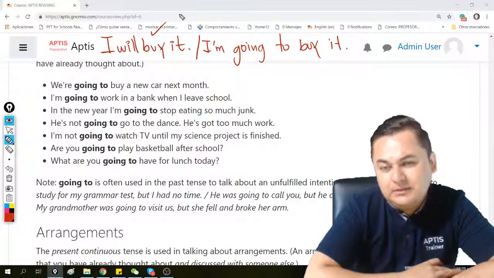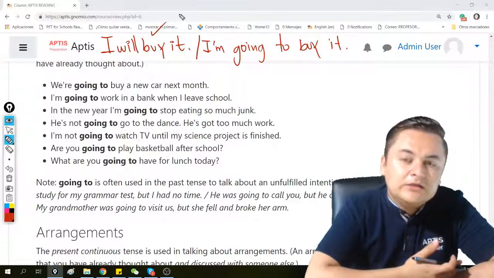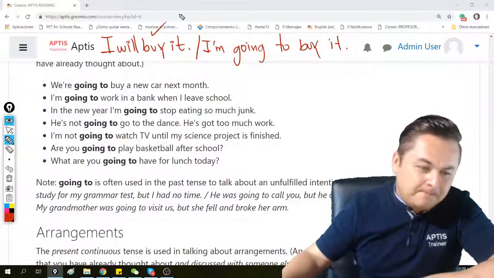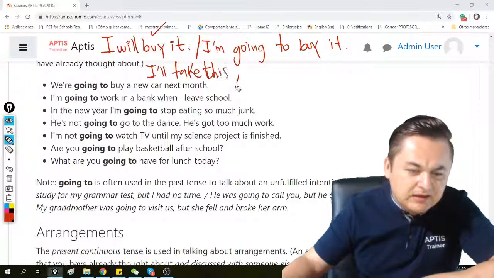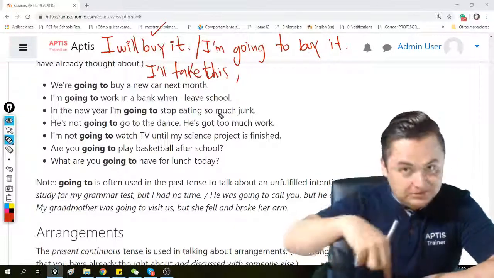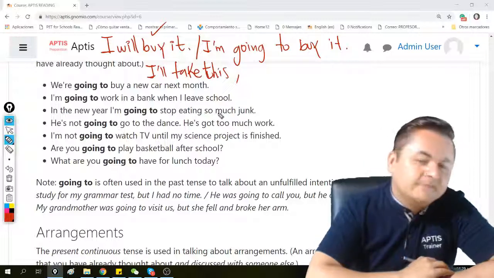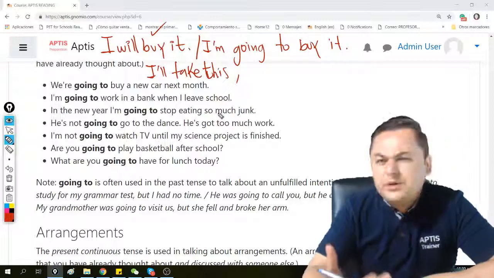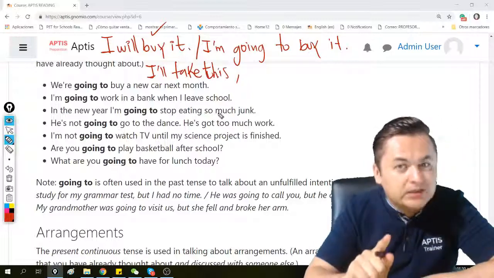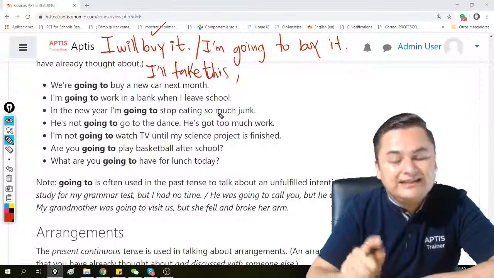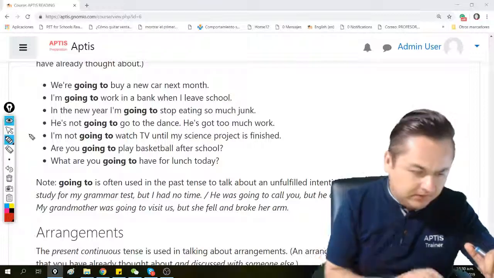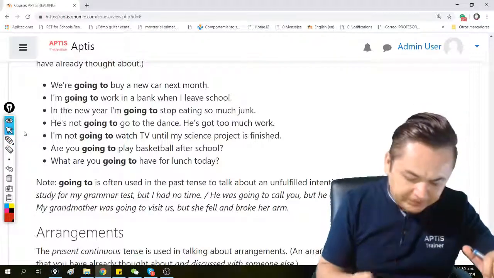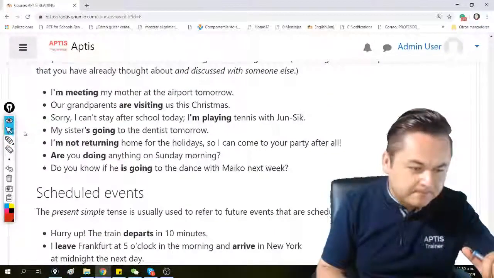That's why, for example, when you have a phone call, you say, I'll take this. Meaning, I have decided to answer right now. But then I say, hey, we're going to be here in a meeting, but somebody's going to call me, so I am going to answer. That means I have already planned for this phone call.